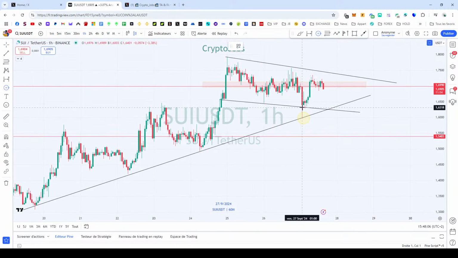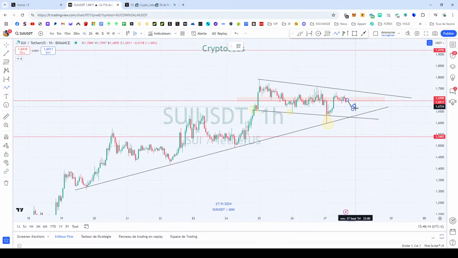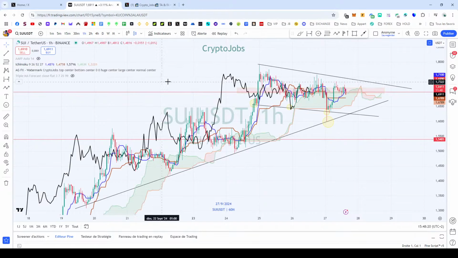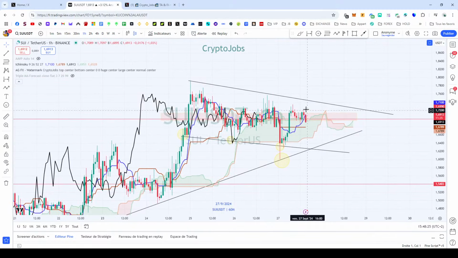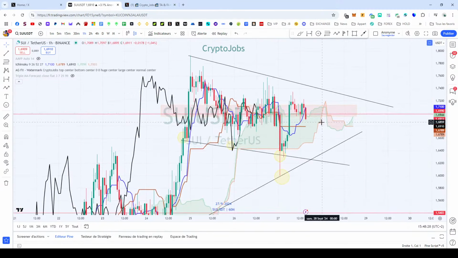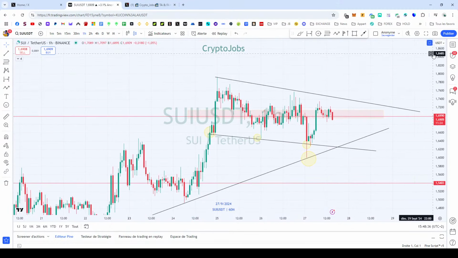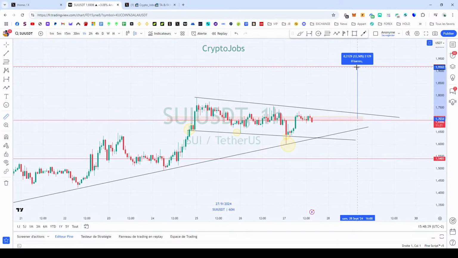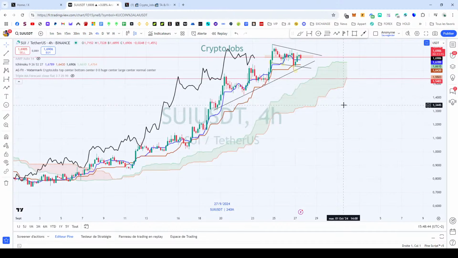Currently, it can be a bull flag pattern, but I will be cautious and wait to see if that uptrend keeps supporting the price. The H1 view is very neutral, so it means you have nothing to do yet. We are still very neutral because price is inside the cloud. The lagging span keeps forming new high, new low, new high, new low. It can be a bullish consolidation because I think price will move to this high, but I will try to see if I can